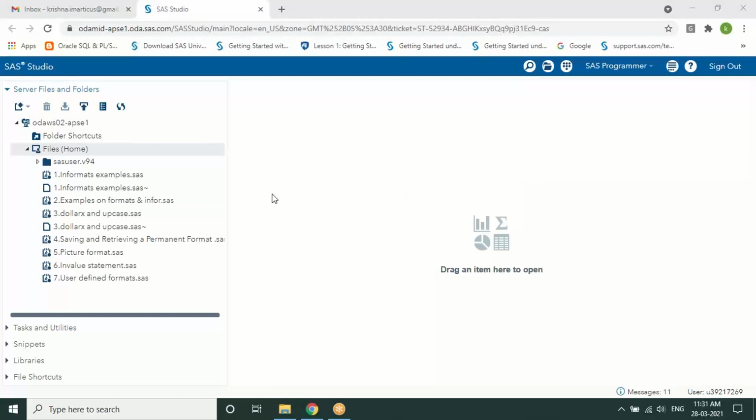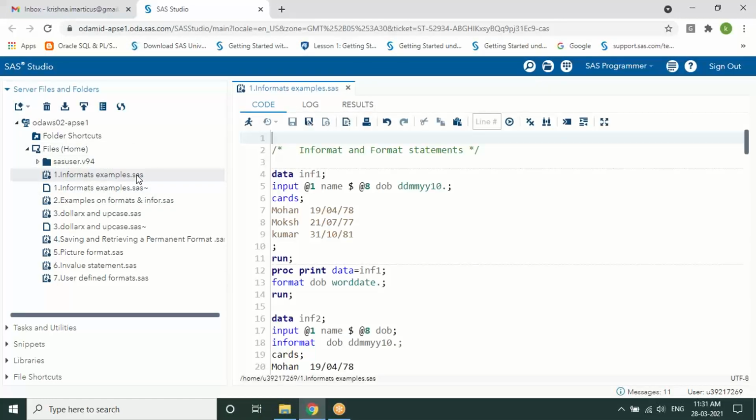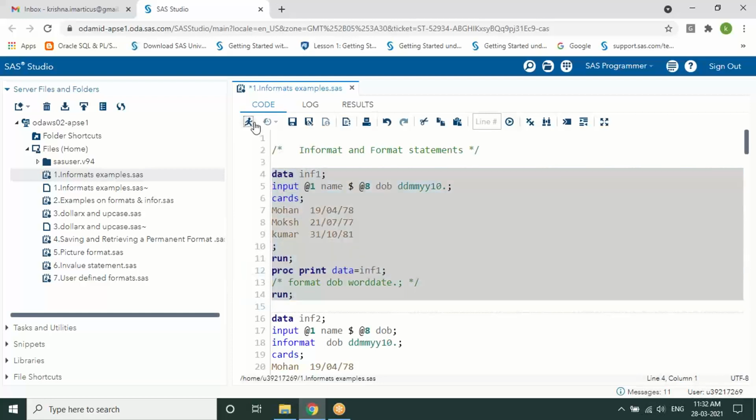Okay. So now open the first example, that is in formats and formats example. If everyone opened it, the first one is, see that I have something called a name and DOB, right? If I eliminate this format, when I execute it, what will be there?